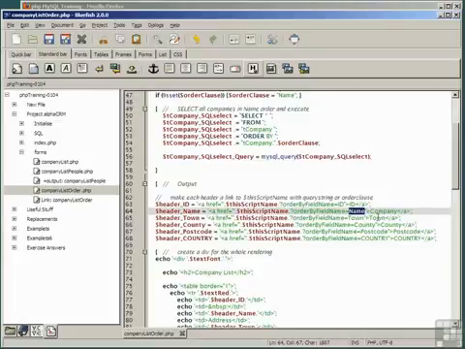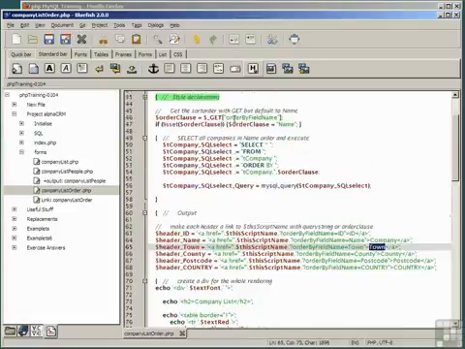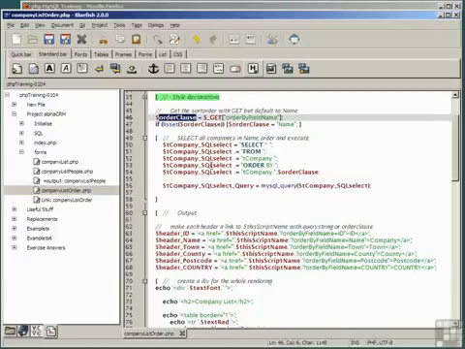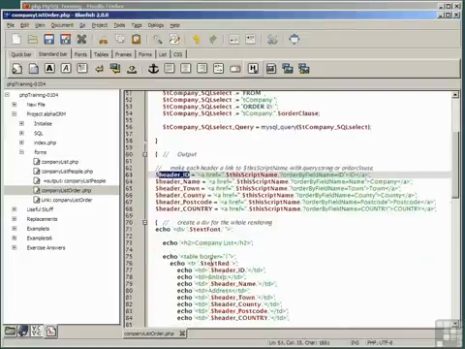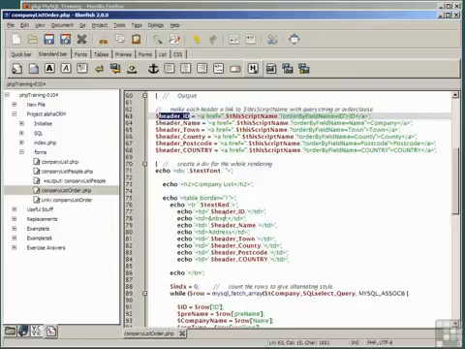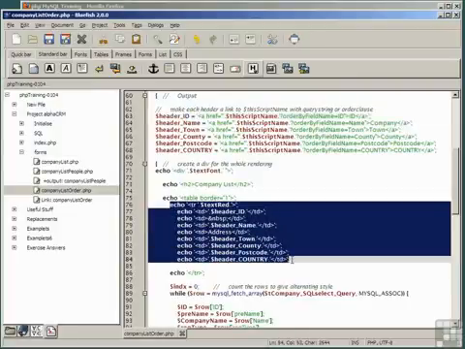Similarly, the column headed with the word town is actually a link, again, to the same script with the query string order by field name set to the value town. So if we were to click on town, the get clause sets order clause to town, and then the SQL reads order by tcompany.town. By setting the links as variables, we then can simply use those links in the header row of our